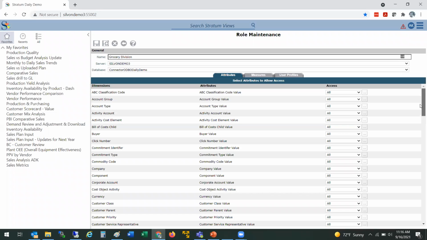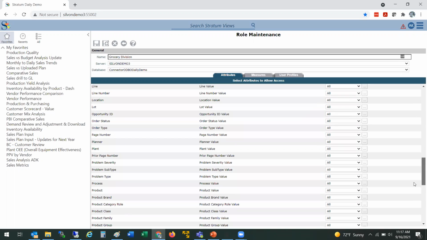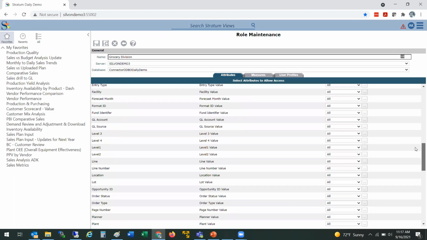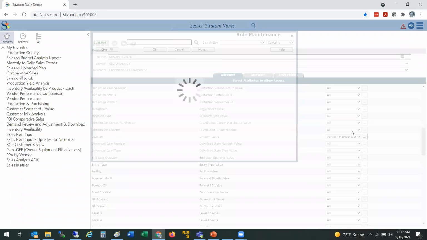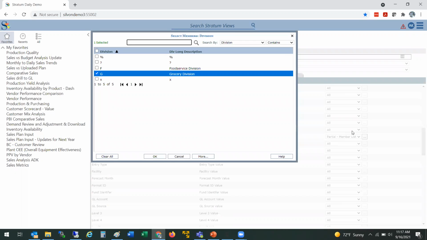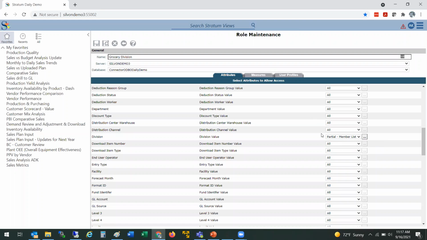So if we look at our dimensions here, we can see that they pretty much have access to everything except for one dimension here. It says partial. So we can see that this is called a grocery division security role. So probably we're filtering them on the grocery division, I would imagine. So if we click on the ellipse, we can see indeed that the filter is on the grocery division. So that's one way of setting up your role security and limiting them to a partial access to a dimension